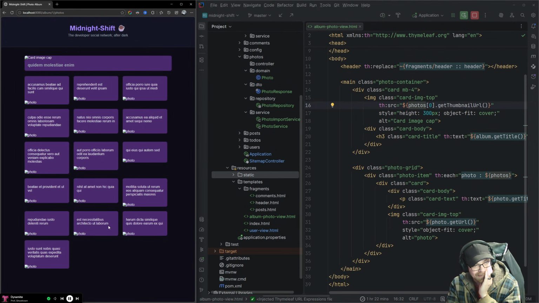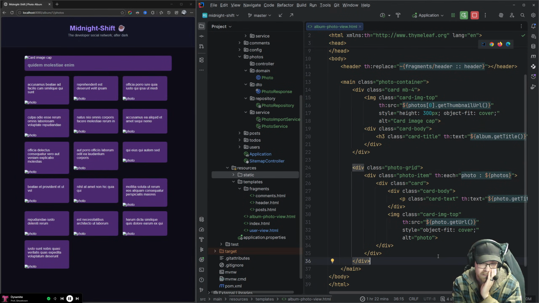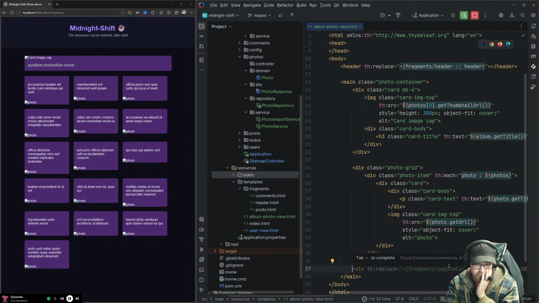So we'll add a load more button to the bottom of these photo grids. So after this photo grid, we'll stick a load more button on the bottom here.